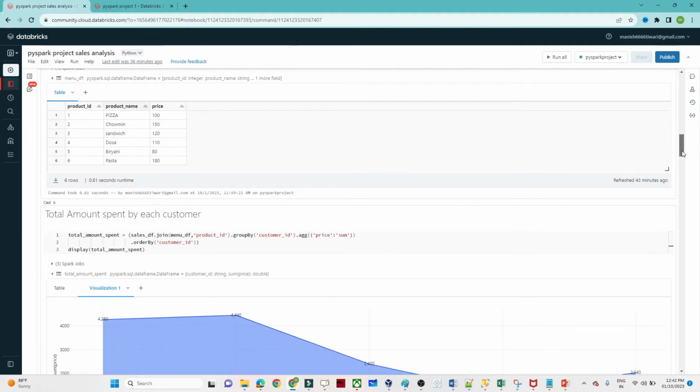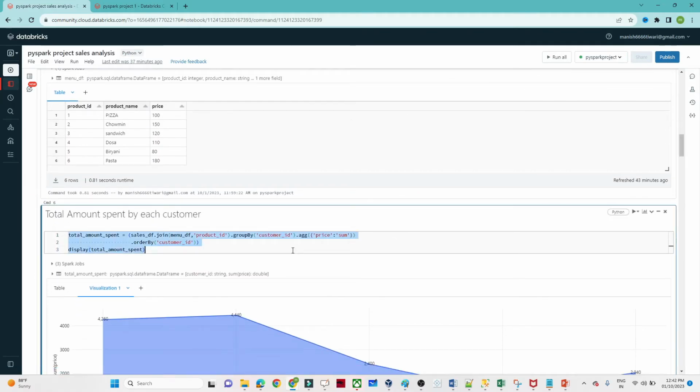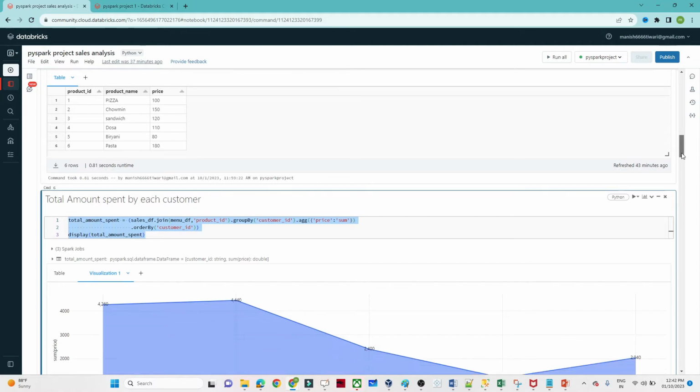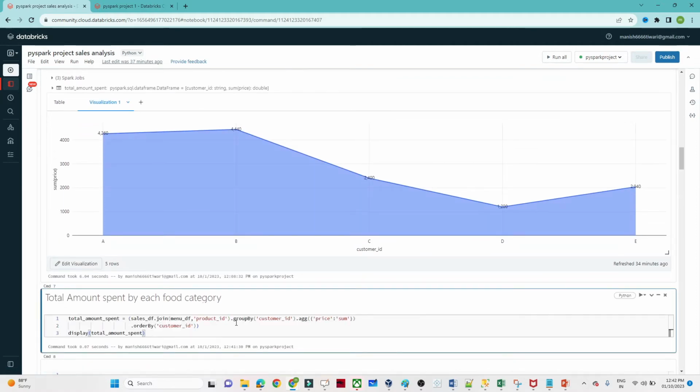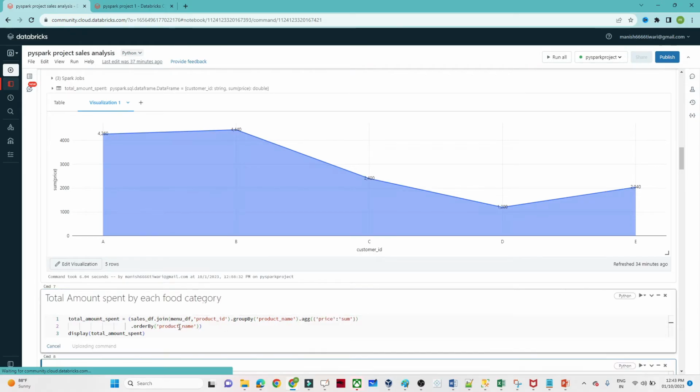Similar to this only. Let me copy this, and in the grouping we have to use product name instead of customer ID. You can order by product name. Now if I execute this,